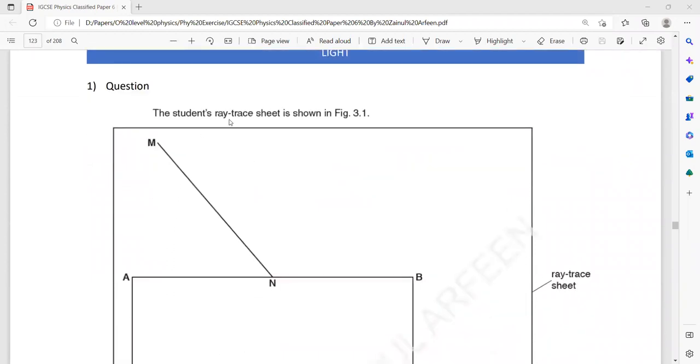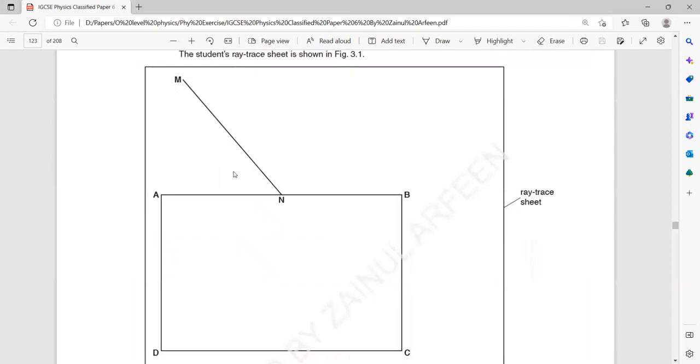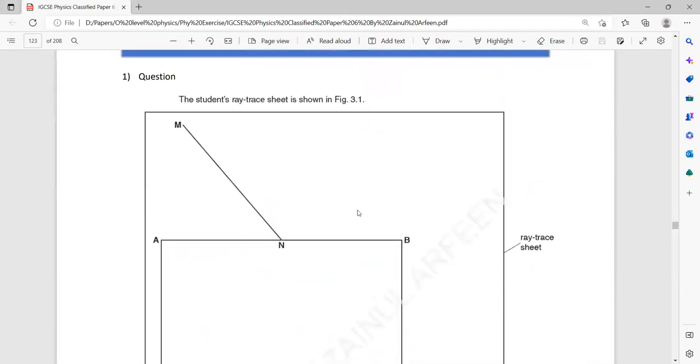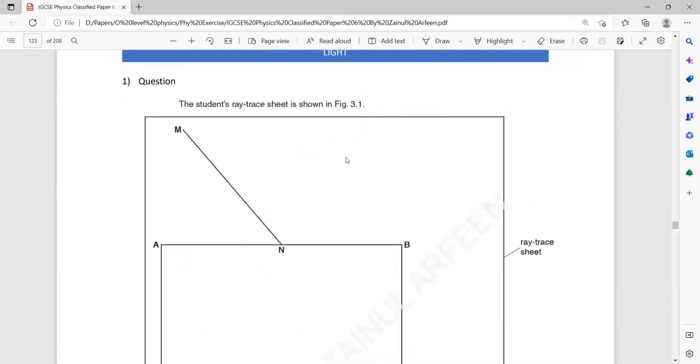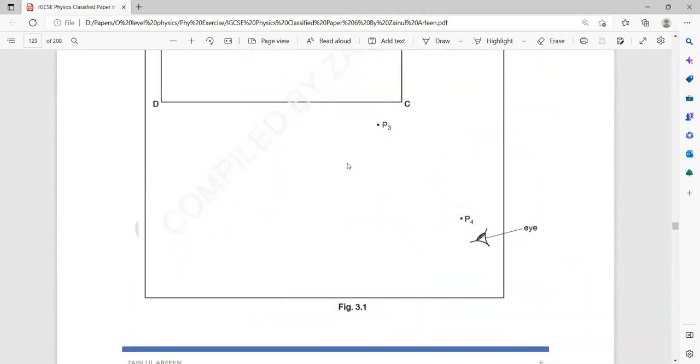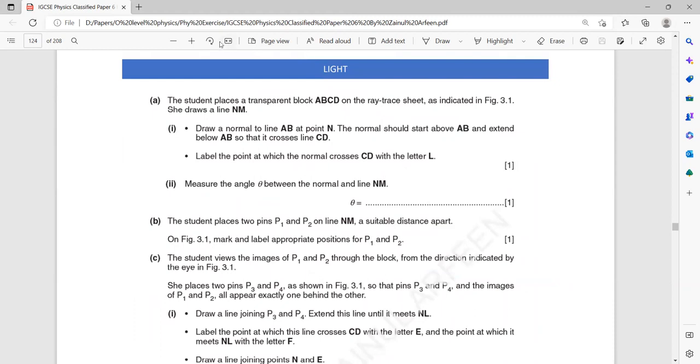A student ray trace sheet is shown, like a student just makes a path of a light. You just have to follow the instruction. For such questions, the light questions, you just have to follow the instruction. The first one,